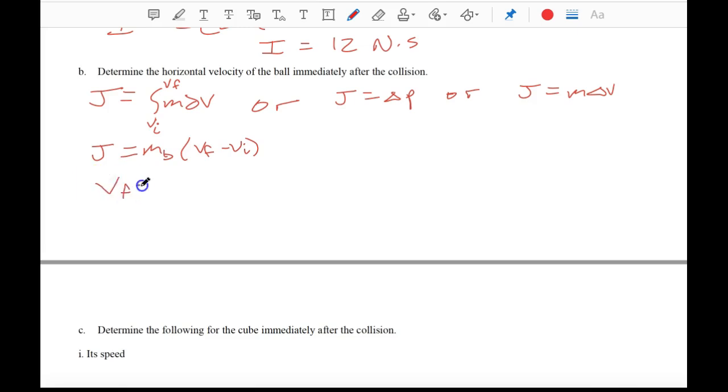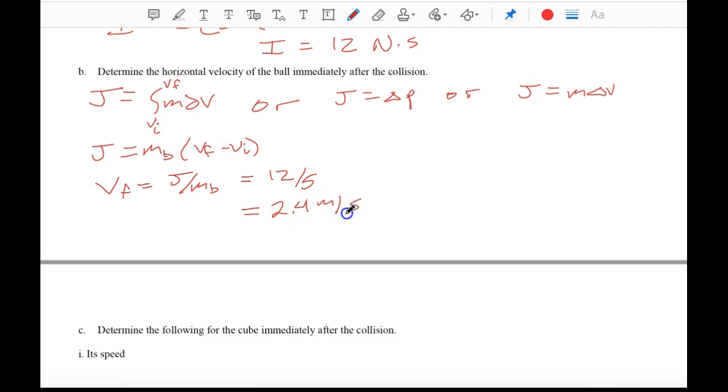So the final velocity of the ball should be equal to the impulse on the ball divided by the mass of that ball. Remember we said the impulse is 12 newton-seconds, and then we're going to divide that by 5 kilograms,